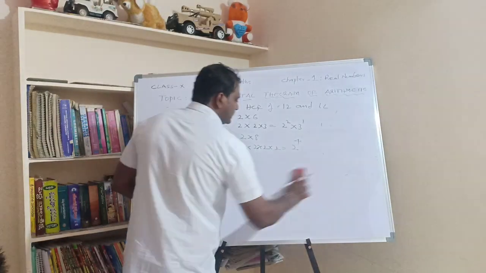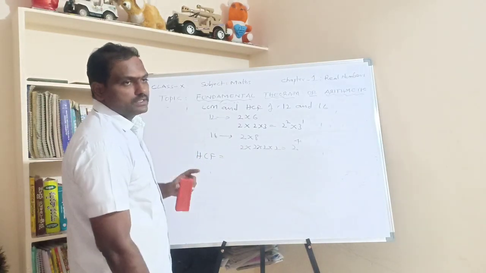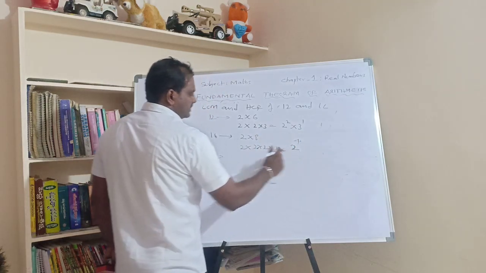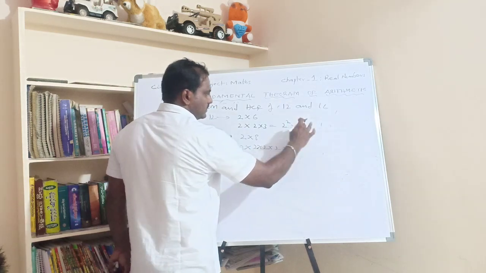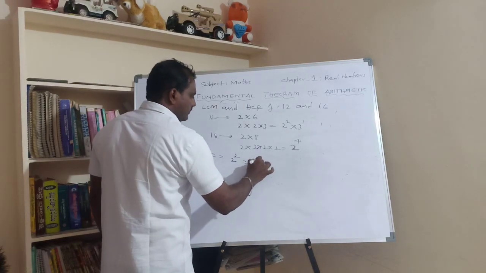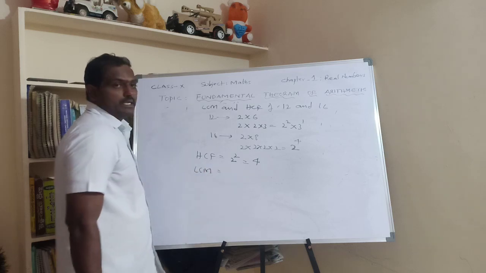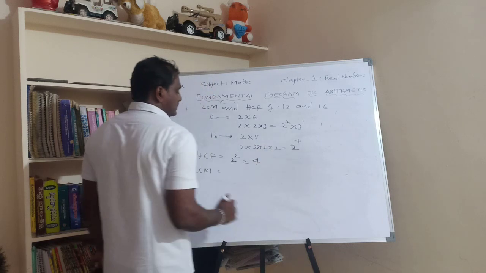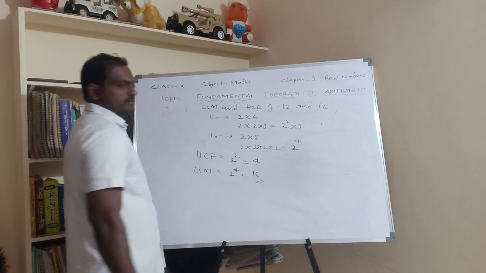Now, what is the HCF formula? The product of common factors having the lesser power. So look at this. Here 2 power 2 is there, 2 power 4 is there. So what is that? 2 power 2. 3 power 1 is there, but here 3 power 1 is not there, so we should not take it. We have to take only when it is common. So 2 power 2 is 4. Next, the LCM. What do we have to take? The highest power. So we have 2 power 4, that is 16.